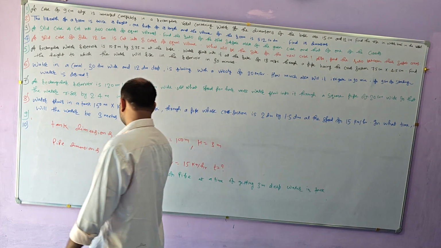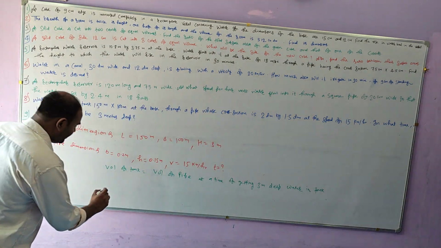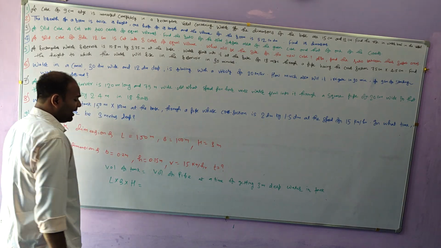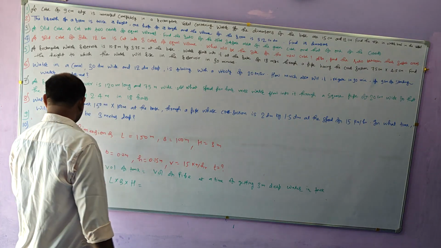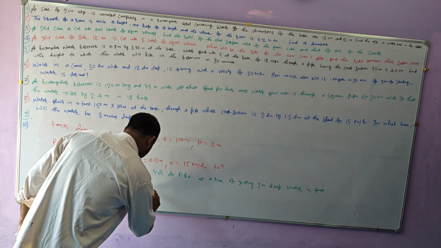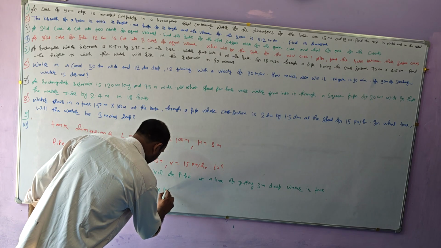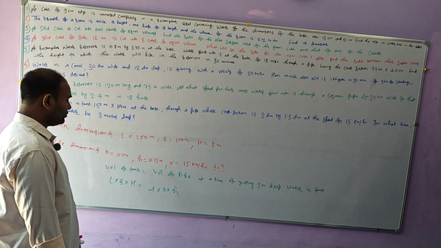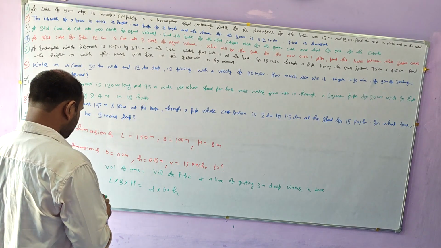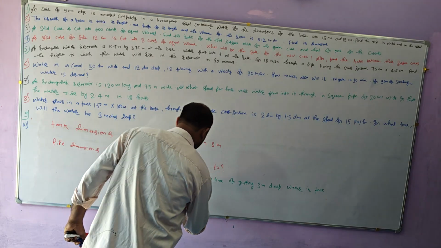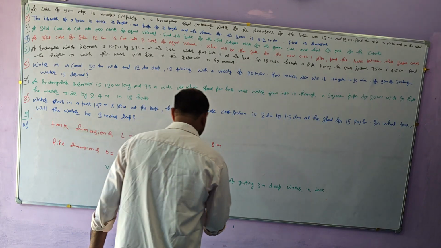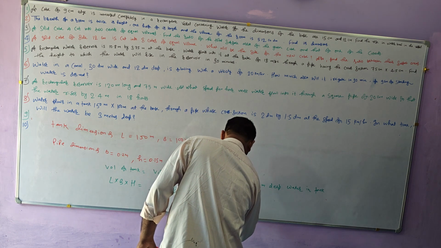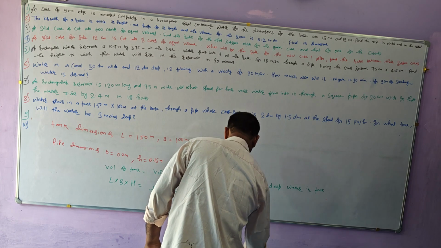So volume of tank is what? L into B into H. And volume of pipe is basically what? The pipe dimension is L into B into H. So from this, L is 150 into 100 into 3 is equal to